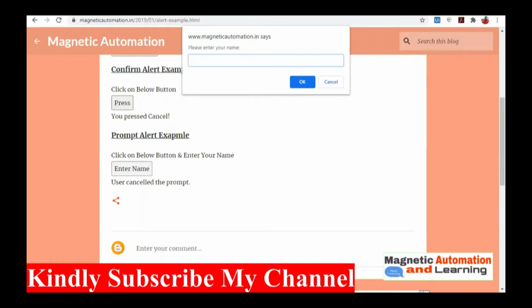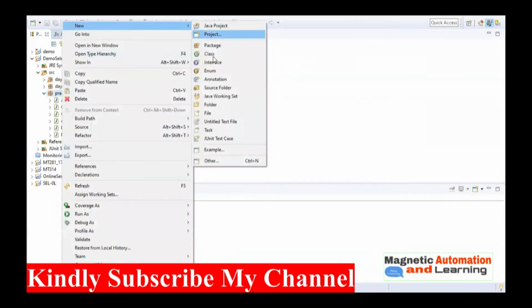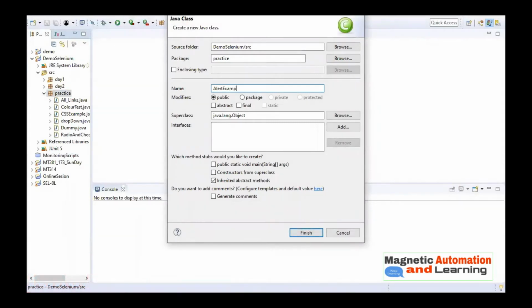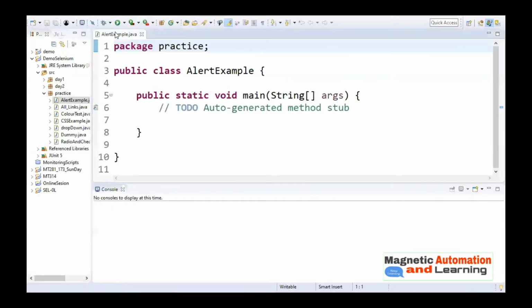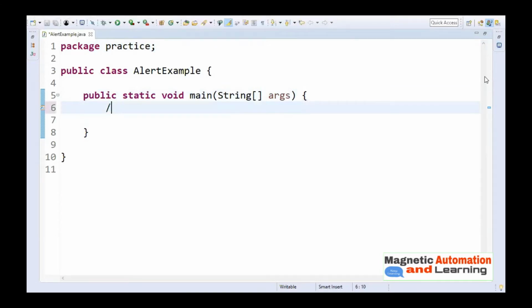I will start my Eclipse, and in this I am going to make a new class, AlertExample, and we'll have the main method in this as well. We'll click on Finish. The very first thing, we'll start our browser. How the browser is started, everybody knows. I need to set the path of my executable driver.